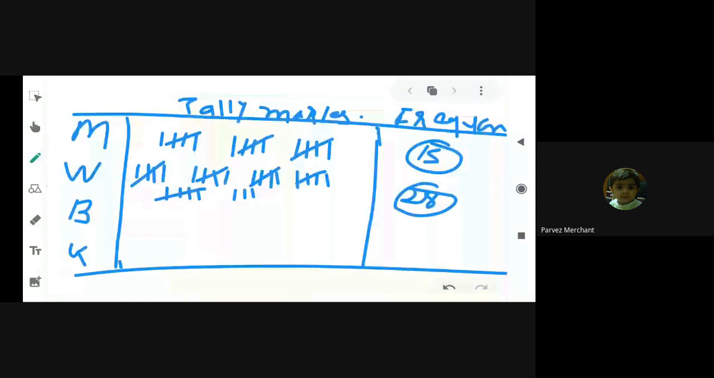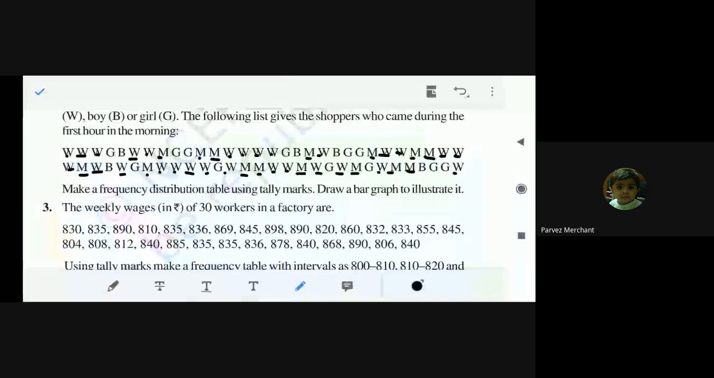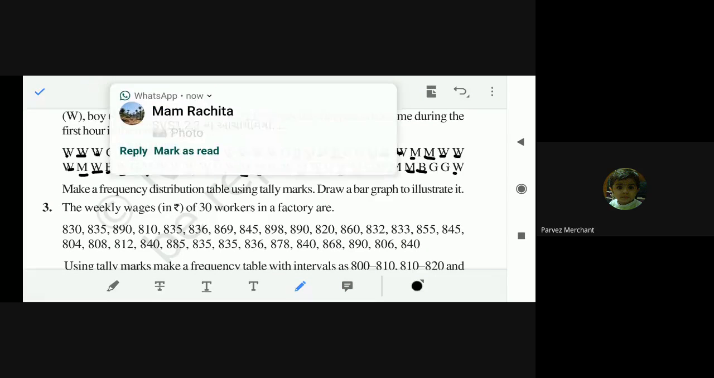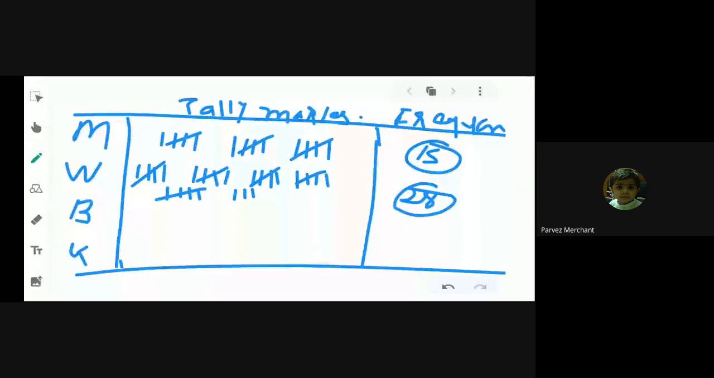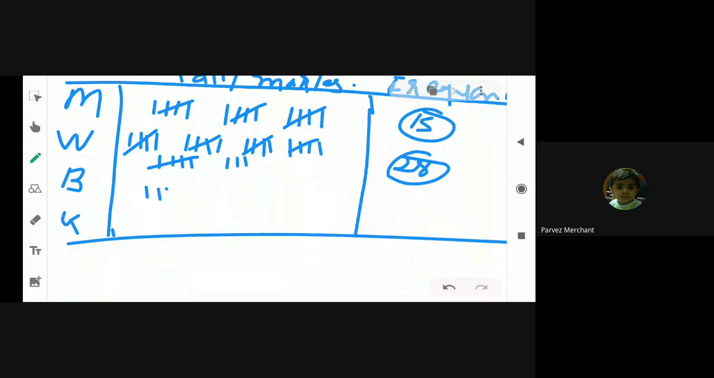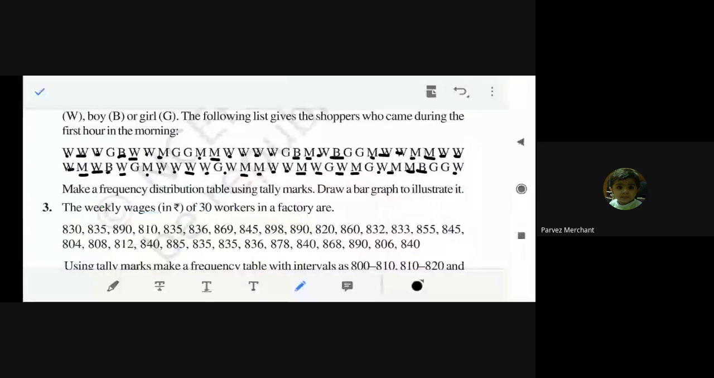Now boy, we are counting boys. 1, then 2, 3, 4, and 5. How many boys are visiting? 5 boys. So 1, 2, 3, 4, 5. We are writing number 5. Then girl. How many girls visit this shop? 1, 2,